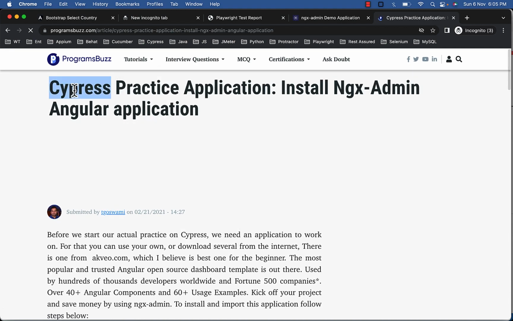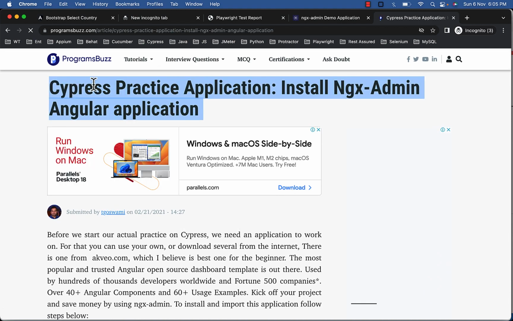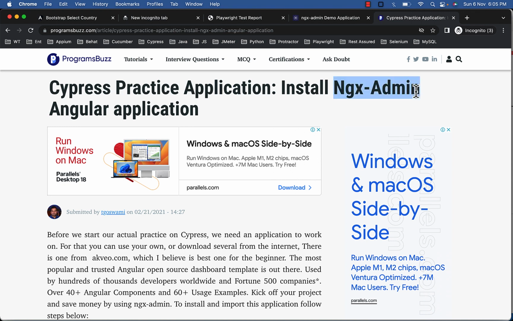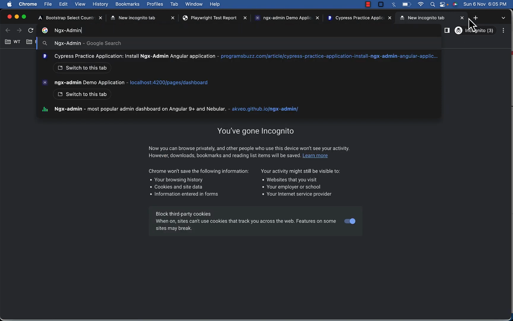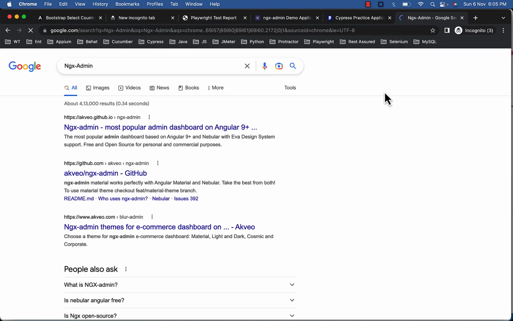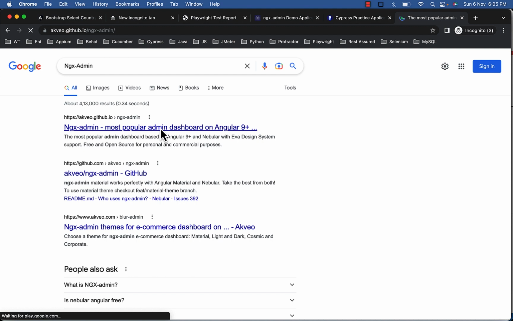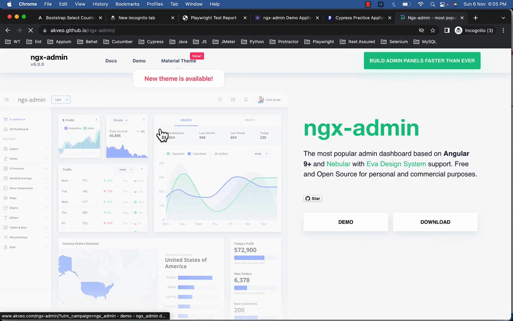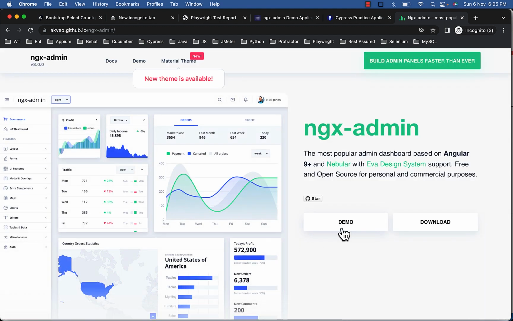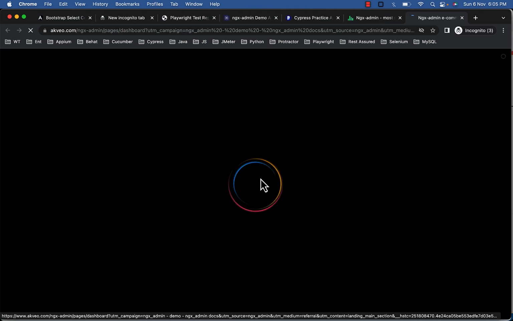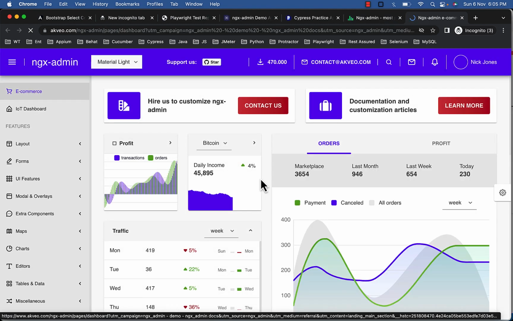In Cypress practice application, install ngx admin Angular application. You can also view it online, so search for ngx admin, open this GitHub. Here click on demo. So here is the demo application,